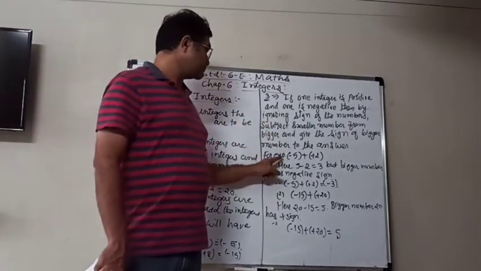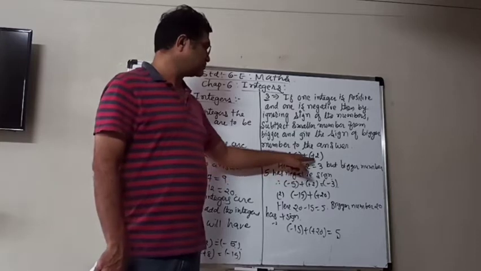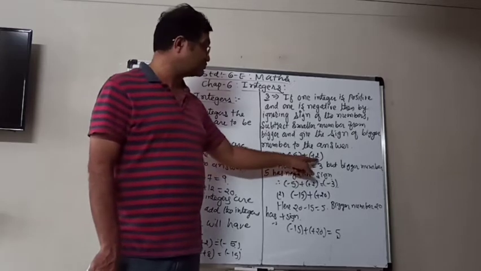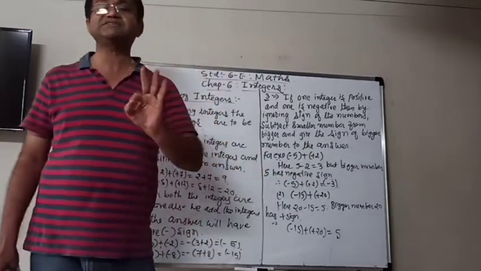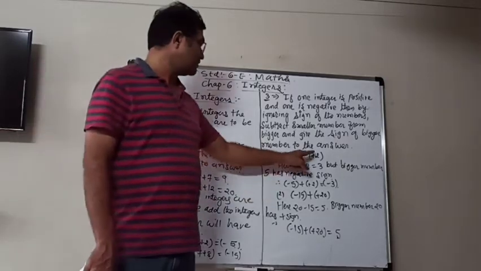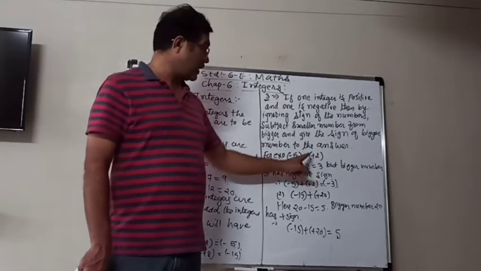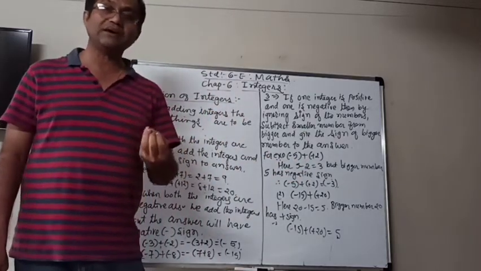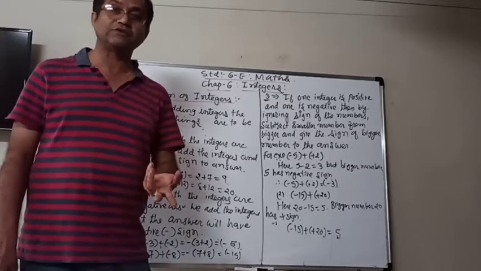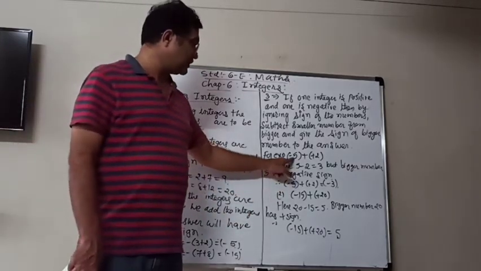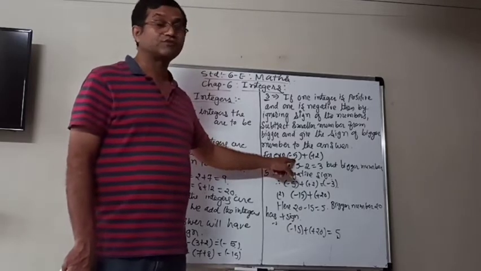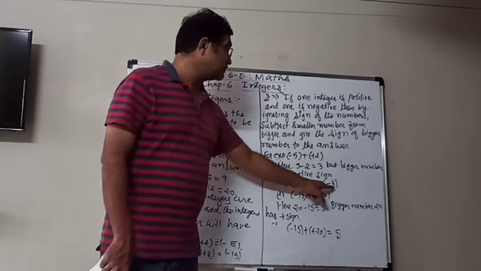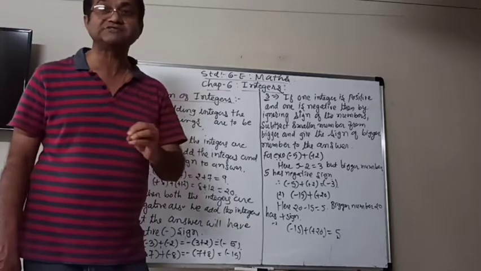Whatever sign the greater number has, the answer will get that same sign here. Look at the example: minus 5 plus 2. One integer is negative, the other is positive. So ignoring the sign, we have to subtract: 5 minus 2 is 3. Now between 5 and 2, which is the greater number? 5. Which sign does the 5 have? Negative sign. It means the answer will take the negative sign. So minus 5 plus 2 will be negative 3.